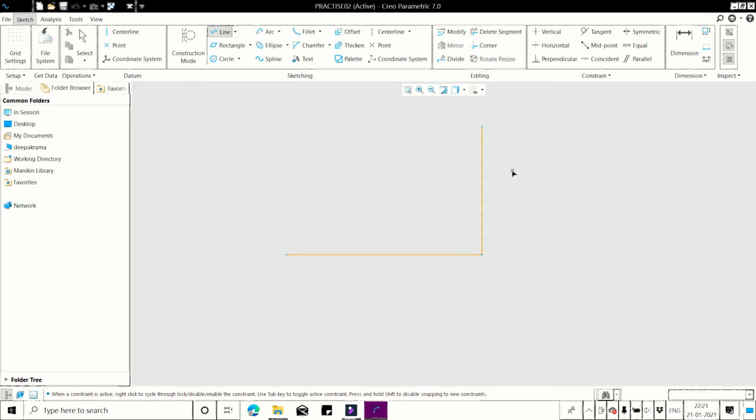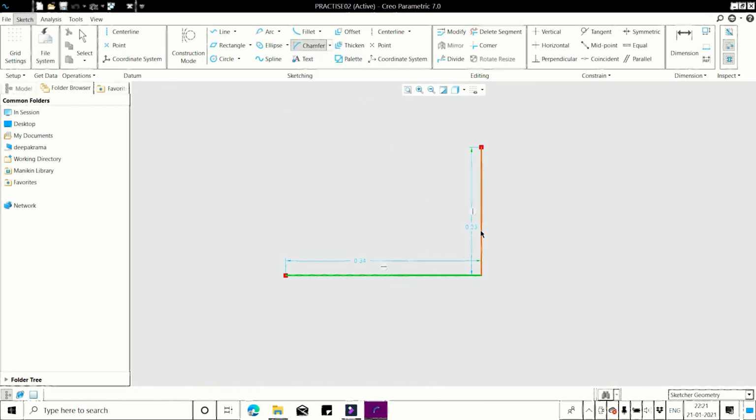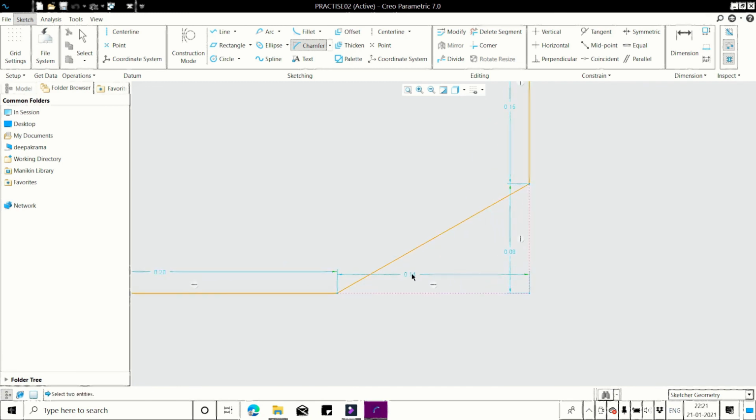So I draw two lines here. Click on the first option, chamfer. Click on the first line, second line. See, your chamfer is ready.